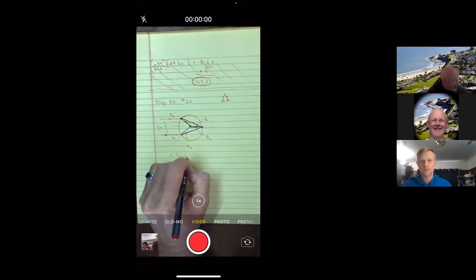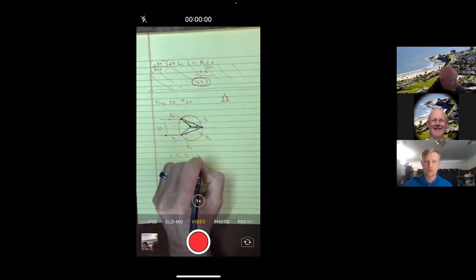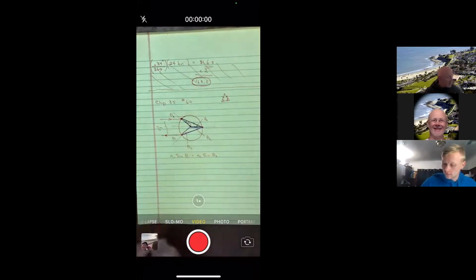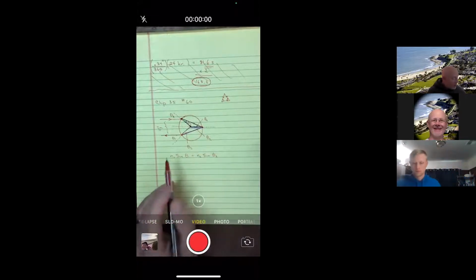I know that in many of the other problems, I would do it twice because it gave me useful information. But in this case, the fact that they tell me it's parallel is the same information as applying Snell's law twice. So once they tell me it's parallel, the second Snell's law doesn't give me any more information. All right, so I'm going to apply this